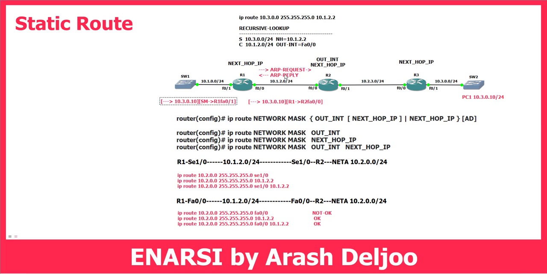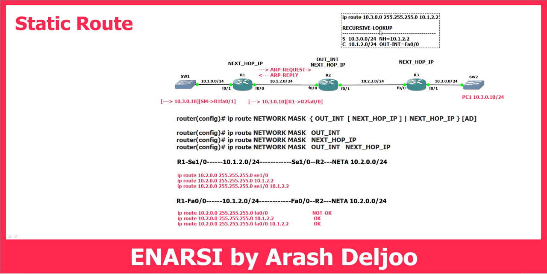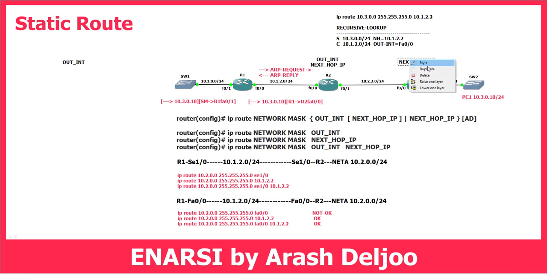Now, let me talk about what is happening when you are configuring the outgoing interface instead of the next hop. Assume that in router 1, instead of the next hop, we are configuring the outgoing interface. I'm going to talk about why this is not a good method. This is not an efficient method. Why? You know that when you are configuring with the next hop, first let me